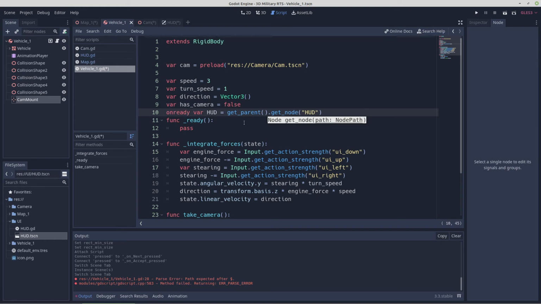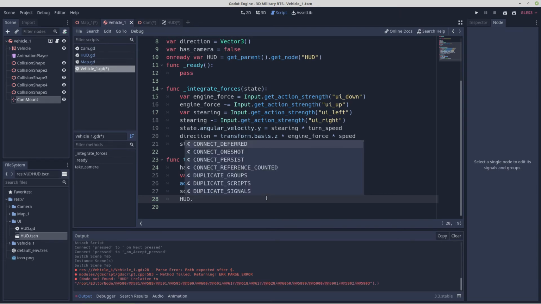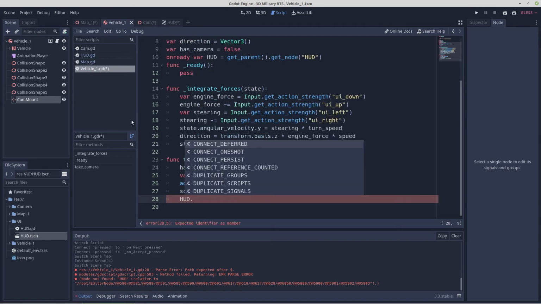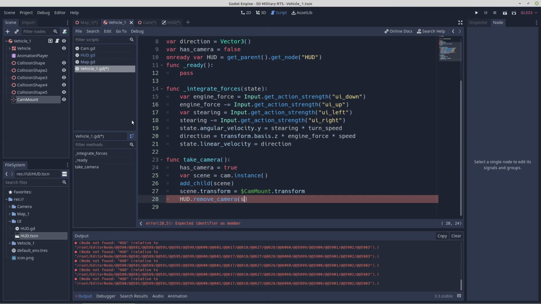That should work. So here we would go HUD remove camera, and let's check what we called that. So it is remove camera. HUD remove camera self,